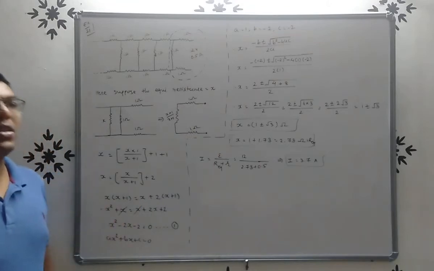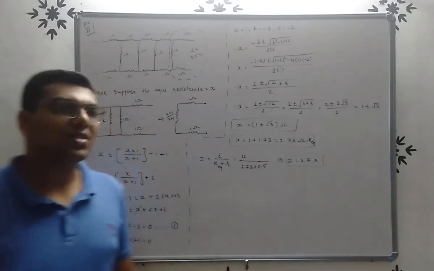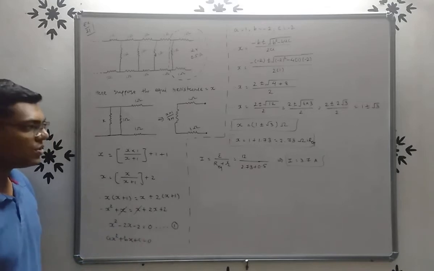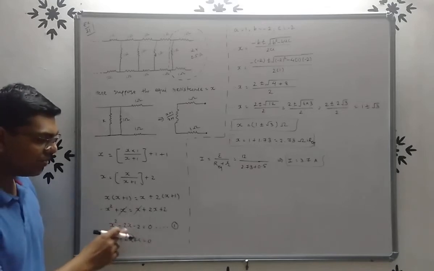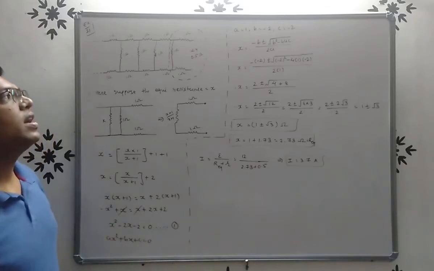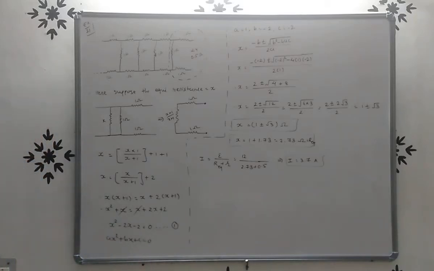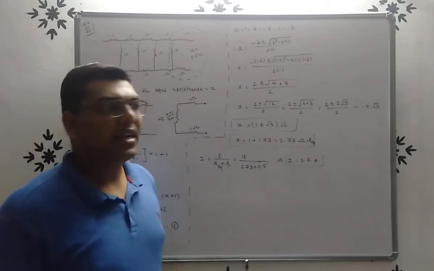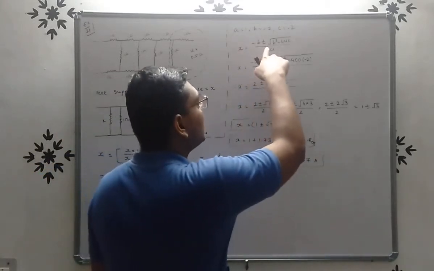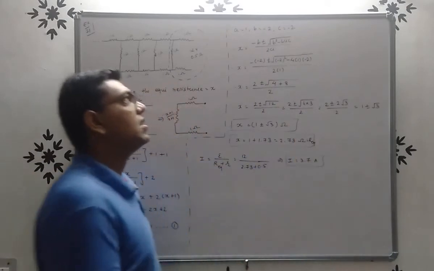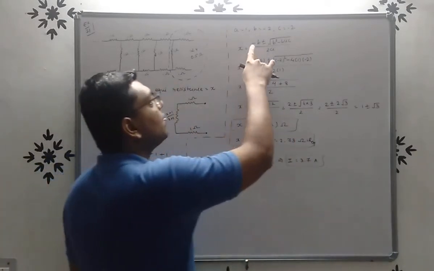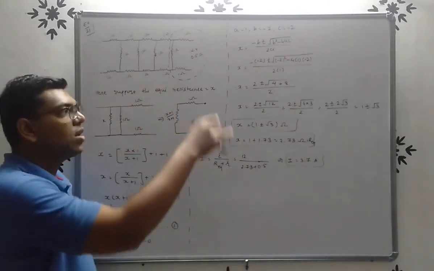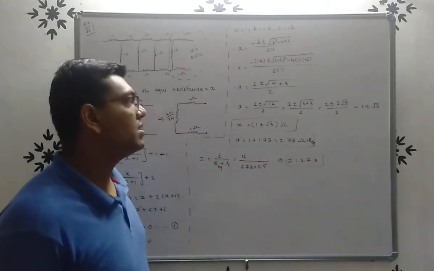Now we have to find out the value of X, so we have to solve this equation. So here we compare this equation with ax square plus bx plus c. So we get a is equal to 1, b is equal to minus 2, c is equal to minus 2. Right? Now we know the formula to find out the value of x. Right? This formula is from standard 9 and 10. X is equal to minus b plus or minus square root of b square minus 4ac upon 2a. Here we put the values of a, b and c. So after solving, x is equal to 1 plus or minus root 3 ohm.